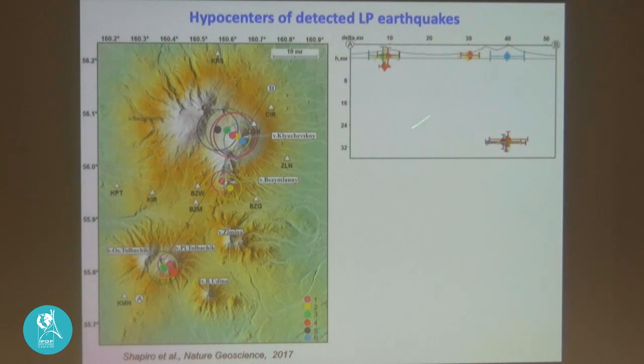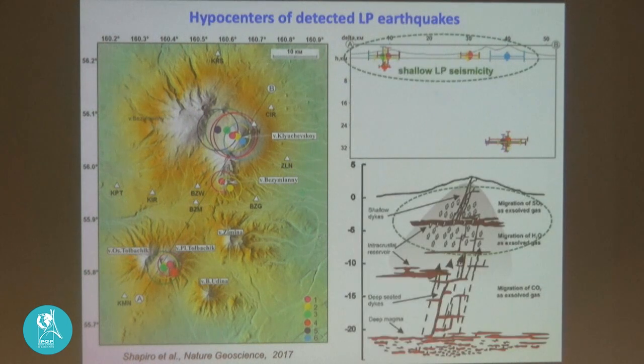When we look at depths, there is a group of sources almost within volcanic edifices and one at the core mantle boundary. This is similar to what I already showed you, and essentially maybe we have 2 different types of processes. One is related to the shallow part of the volcanic plumbing system with a lot of gases and so on,